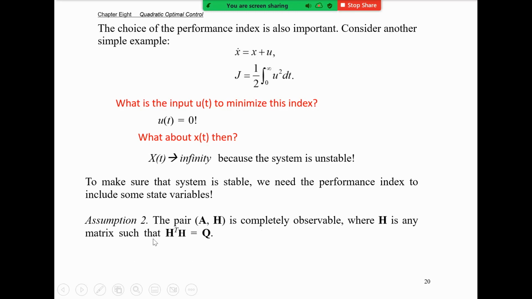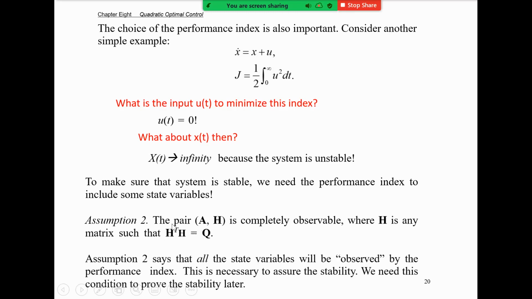So H is a matrix that satisfies this equation, right? It's kind of like H is a square root of Q. Later we are going to explain why we put it in this form. We will try to prove the stability, but roughly speaking, right now we say it just means this performance